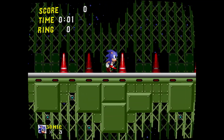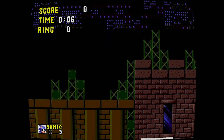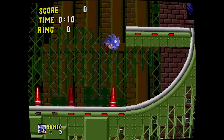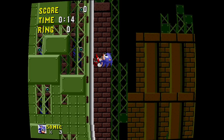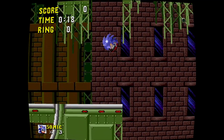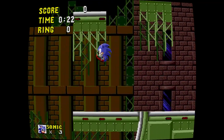Now, this had one of my favourite beginnings of any stage in the original game. See, oh, that's just ruined it. So, the momentum-based gameplay in the original game would have flung you into the sky there. And you could, if you could get the positioning right, use...